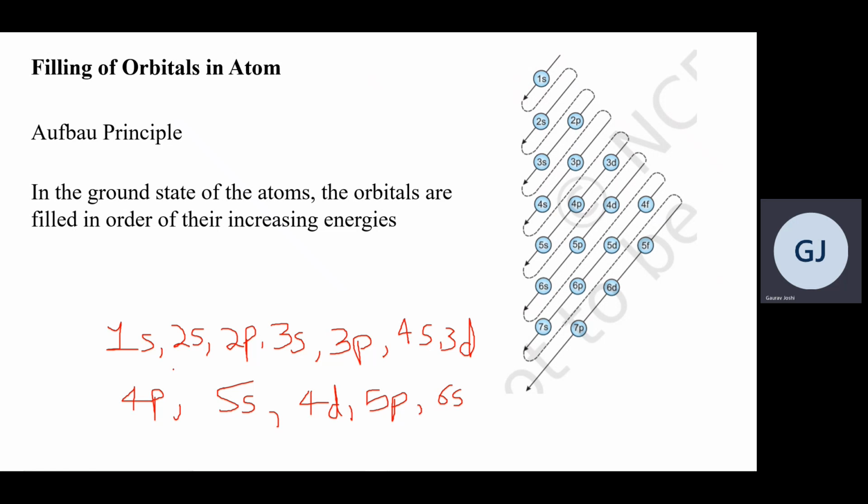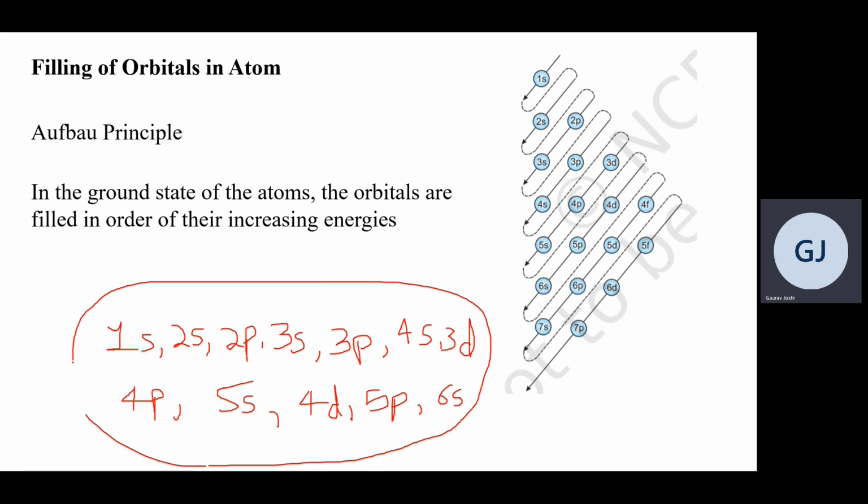So this will be the pattern of the energy subcell. The electron will start filling from the lowest energy subcell, that is 1s. Then the electron will be filled in 2s, 2p, 3s, 3p, 4s, 3d, 4p, 5s, 4d, 5p, 6s, and after 6s it will go to 4f. After 4f it will go to 5d, after 5d to 6p, then 6p to 7s, and so on. So this is the pattern in which the electron will be filled. You have to remember this rule in order to remember the pattern of electron filling.